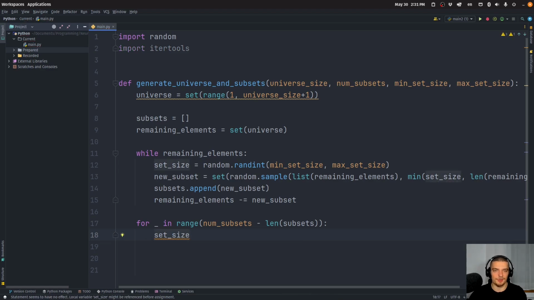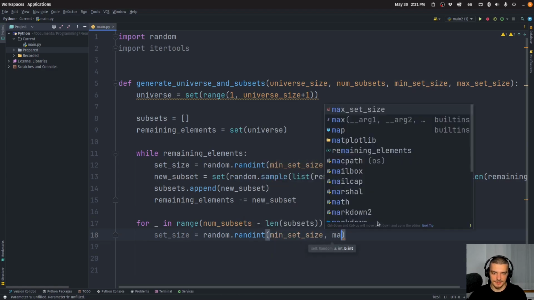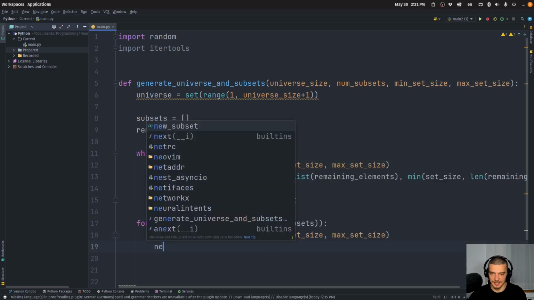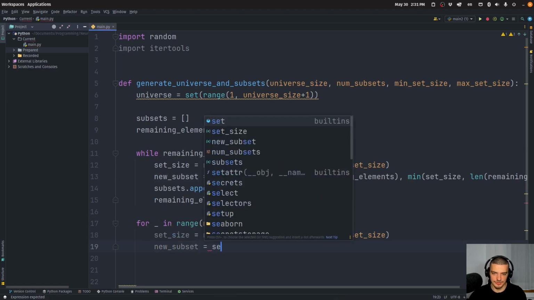But we're going to set that number high so we can actually find multiple solutions. So we're going to say set size is equal to random.randint here as well. We're going to say, again, minimum set size and maximum set size. And then I'm going to say new subset is equal to set random